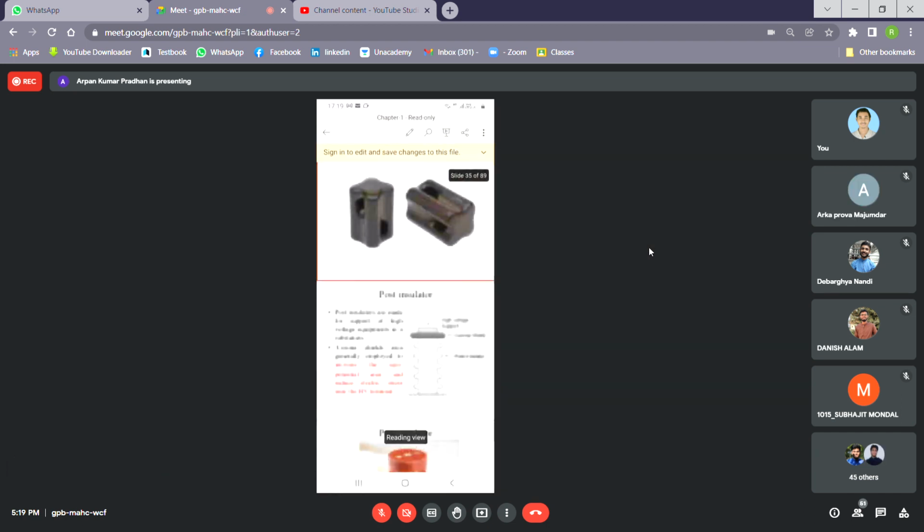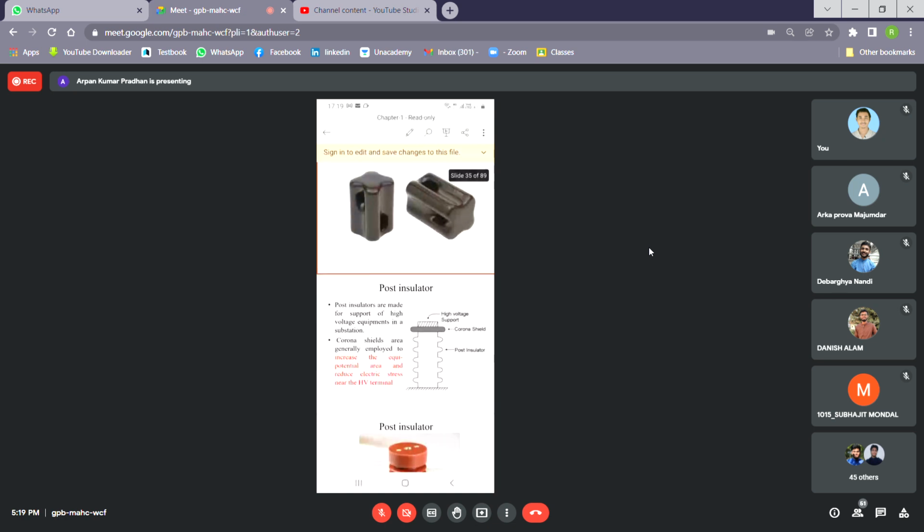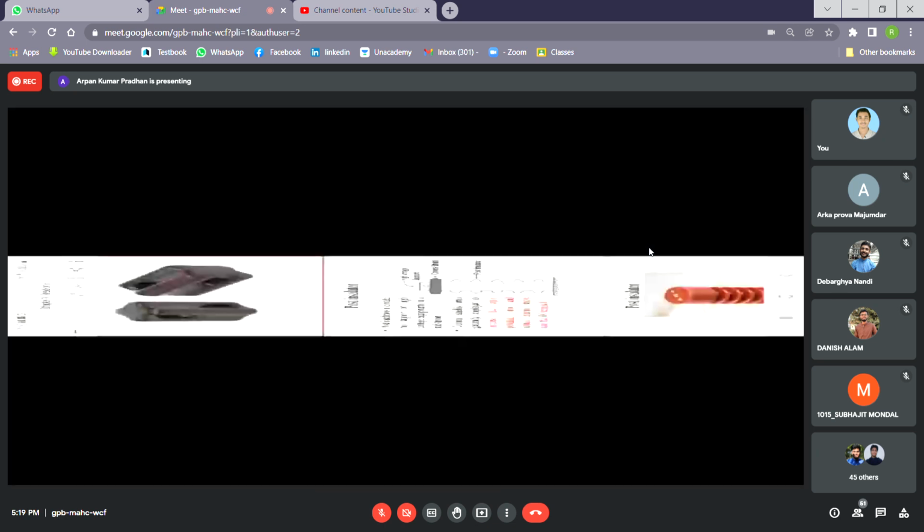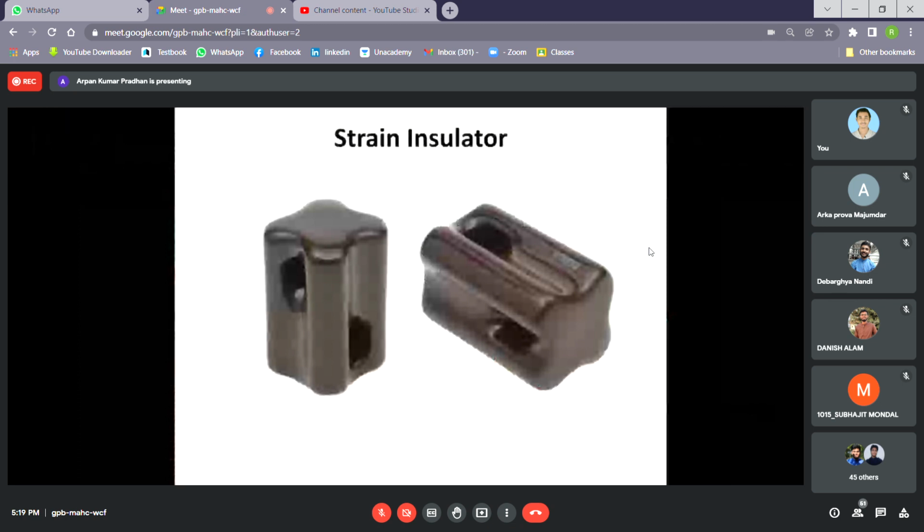Now coming to the post insulator. Post insulator, what is post insulator? Sometimes